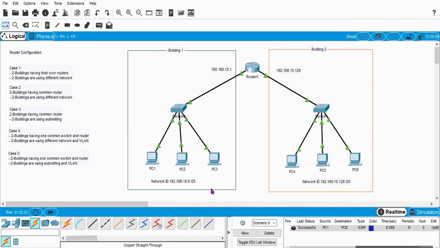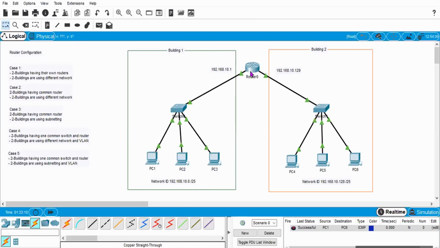So now I am using only one network in the two buildings, which is 192.168.10, and I am dividing that network into two parts, and those two parts behave as different networks. I want those networks to be able to communicate with each other. Previously, if I used a switch only, then I saw that they couldn't communicate with each other, so there will be privacy. The 192.168.10.0/25 network will communicate within itself, and 192.168.10.128/25 can also communicate within itself.